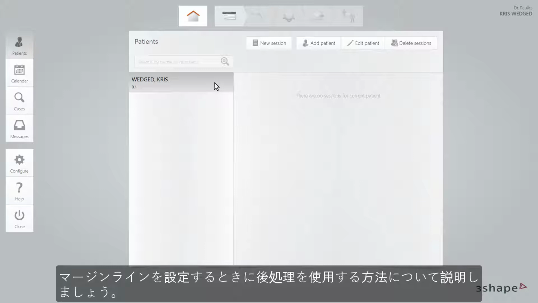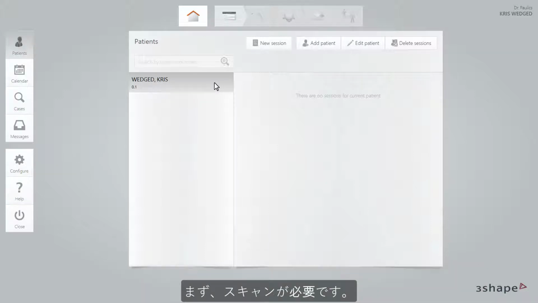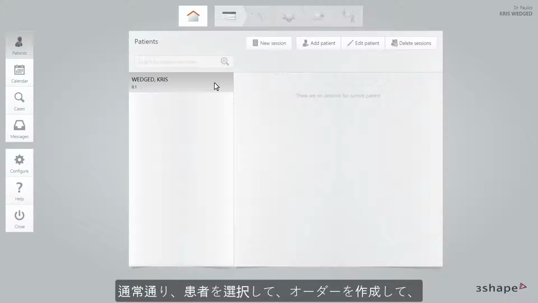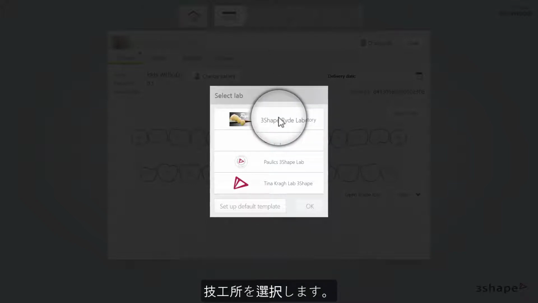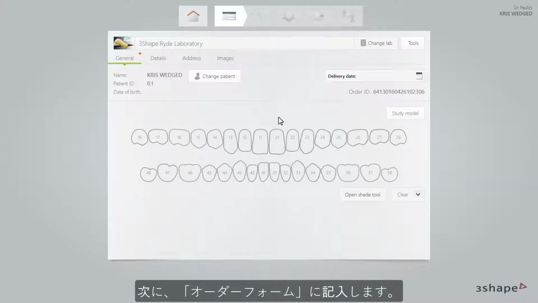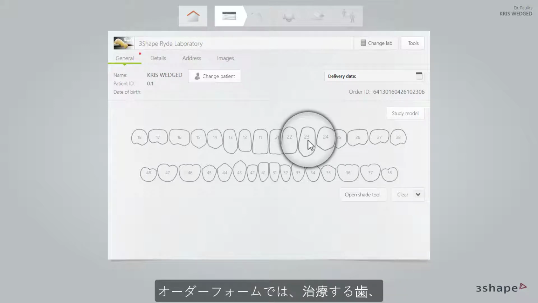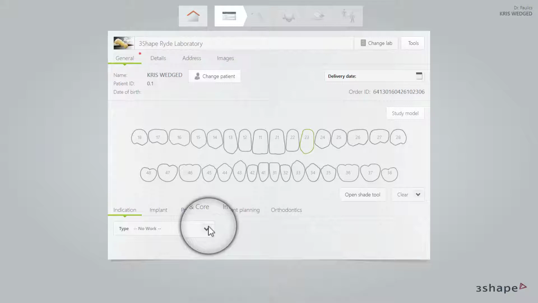Let's illustrate how you may actively use this post-processing when setting the margin line. First, we need a scan. Select a patient, create a case, and select a lab in the usual manner. Then fill in the order form. Select the tooth on which the restoration will be made, the indication,